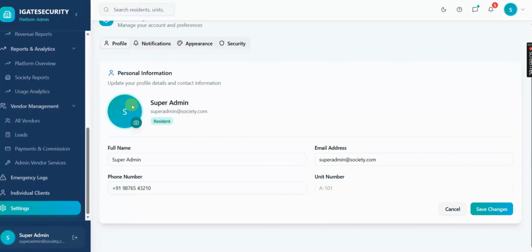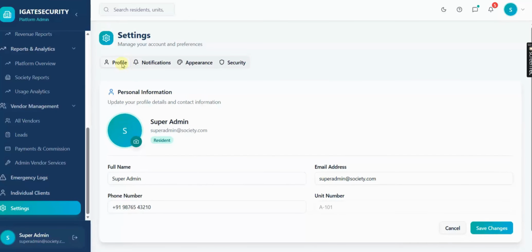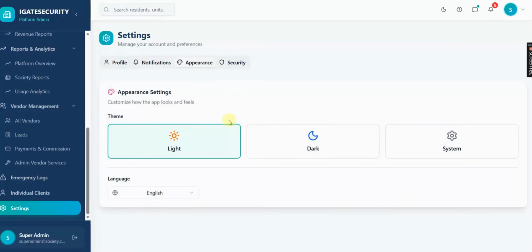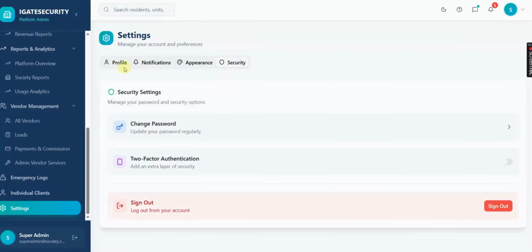As we continue, we also see the client management section, where individual customer records can be viewed and managed efficiently. The user interface is clean, professional, and easy to navigate, allowing even first-time users to operate the software without difficulty. On the left-hand menu, we can access different modules such as dashboard, society management, subscriptions, report,